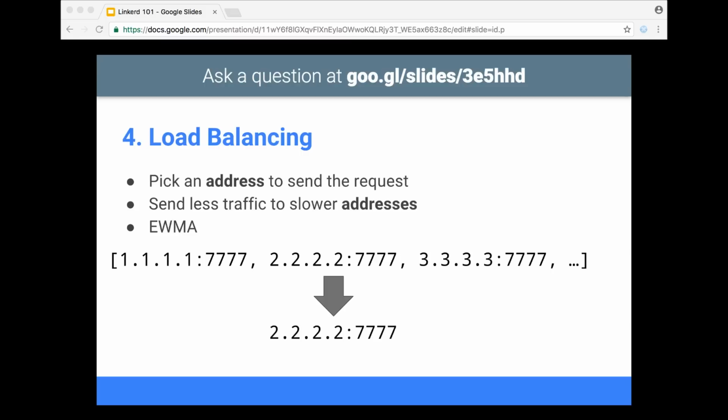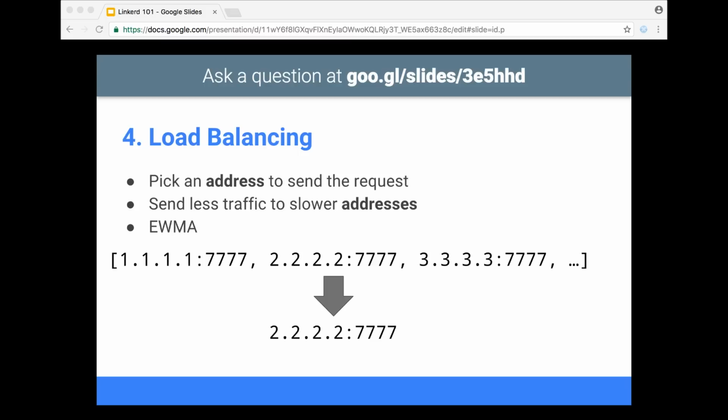Because we know how long requests take based on the historical data we have, we can send more requests to nodes that are faster, fewer requests to nodes that are slower. And there's a number of different load balancing algorithms that we can use. One of the most interesting ones is called EWMA, which stands for Exponentially Weighted Moving Average. And it's really smart about picking the hosts that are performing well